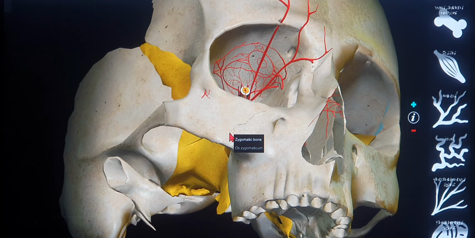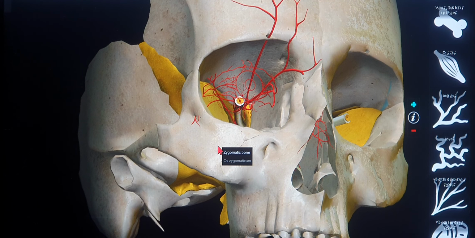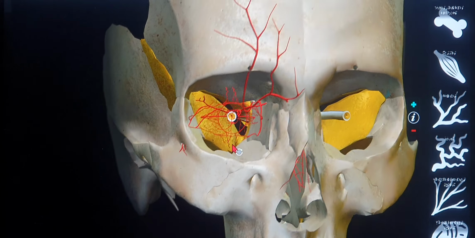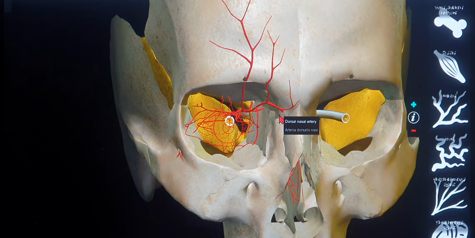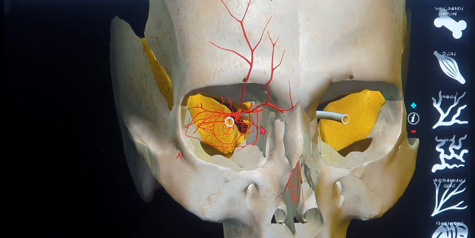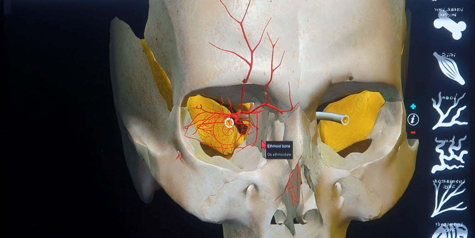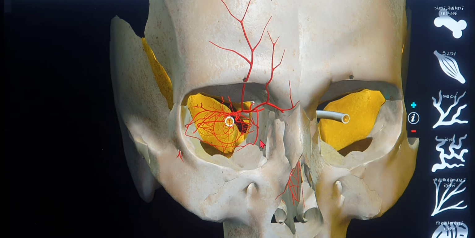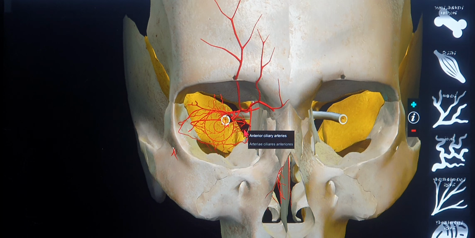If anyone out there wants to learn something new, basically I'm a skull-base surgeon, okay? I'm not an ophthalmic surgeon. But most of the time I have to deal with the medial half of the orbit. So I normally do surgeries of the medial half of the orbit, for example, optic nerve decompression and orbital decompression. So I also need to know the anatomy of the optic nerve and the ophthalmic artery, because